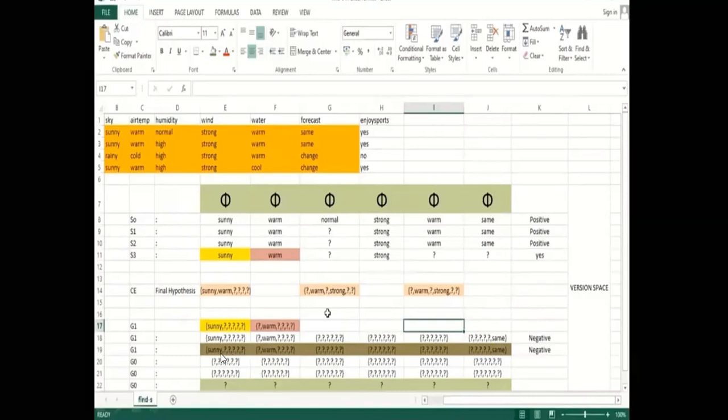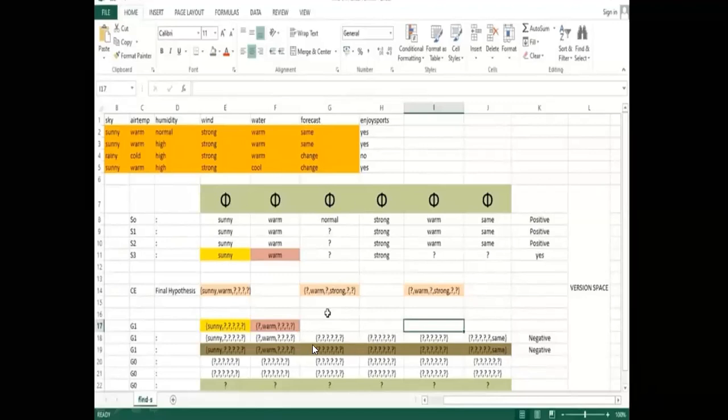See, and you can always notice sunny was the first attribute, right? So I replaced rainy with sunny, and cold was the second attribute. I only replaced the second value, that is cold, with warm. And you can find your change value. The change opposite value is nothing but the same, and it was at the sixth column. So I only replaced change by same, because you can find it at the sixth column.